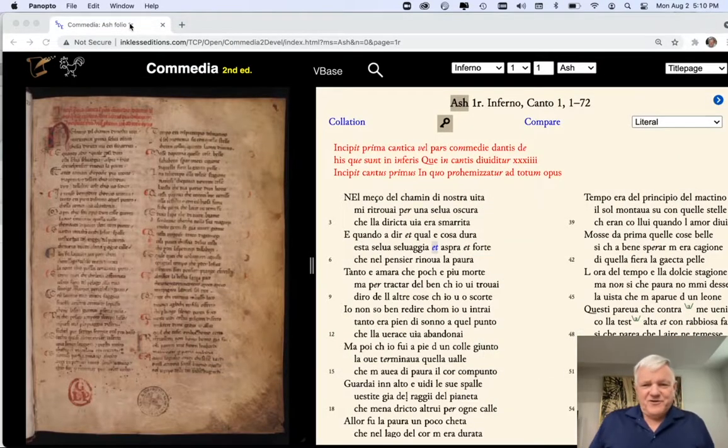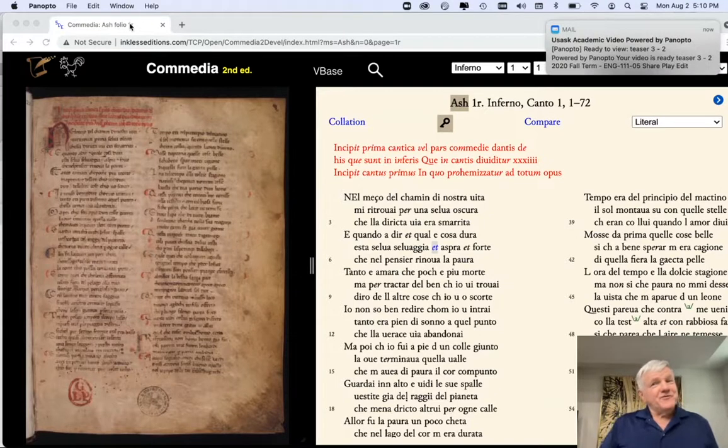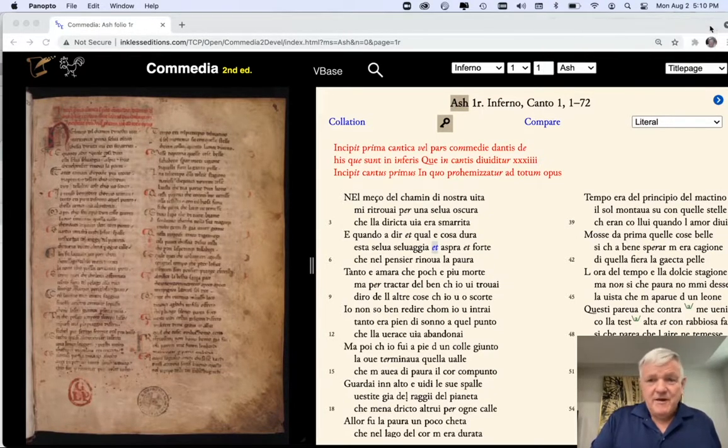Once we have gathered all this information together, the next thing to do, of course, is to publish it. And here is a first look at a publication, our most recent publication, which is actually a second edition of Dante's Commedia that I'm working with Prue Shaw and others on at the moment. And we can see here on the right-hand side, similarly to Textual Communities, we have the full transcription, but here laid out in an attractive way without all the markup